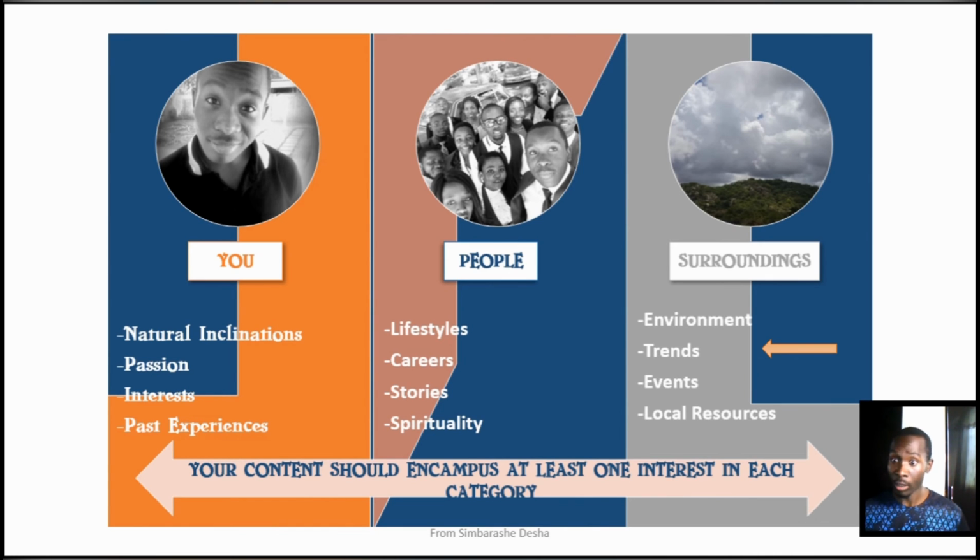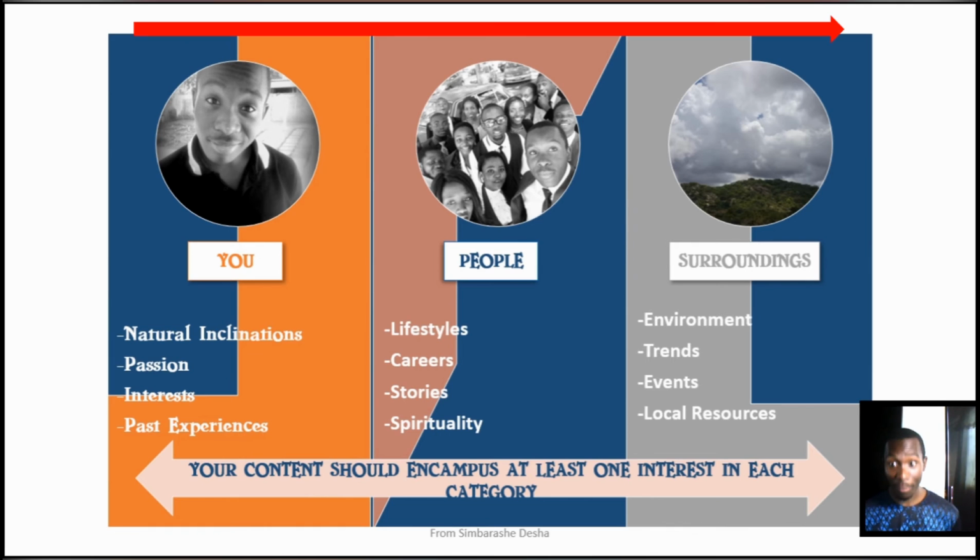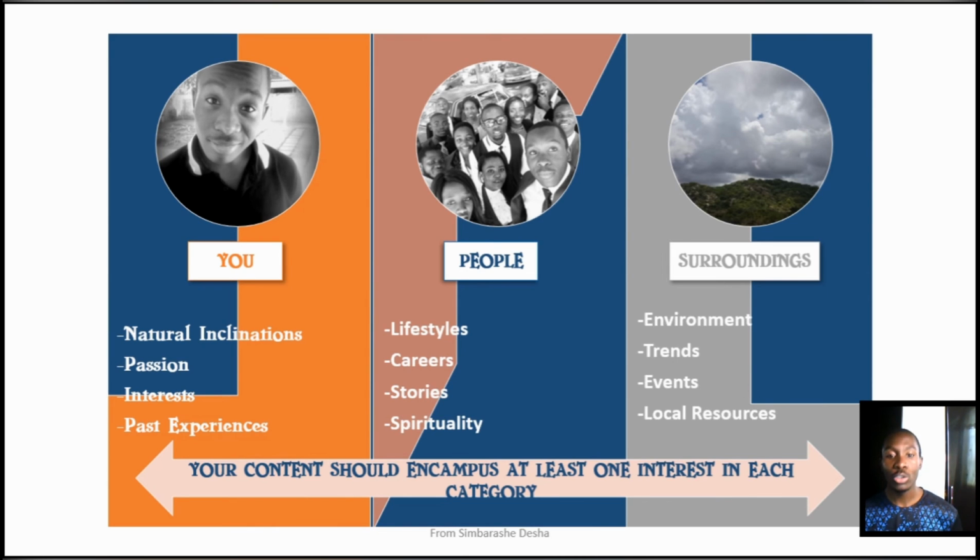Clothes, the same thing. We have clothes overhauls, and maybe clothes selling shoes, whatever, it all contributes to making a channel. So now your content, to be specific, has to encompass at least one interest of each of the groups. Otherwise it's going to be so frustrating. Either you're going to have slow growth, or a high number of people who are watching but not subscribing because they're just one-time visitors. So what you want to do is encompass at least one from each and every one of those categories that we've listed.